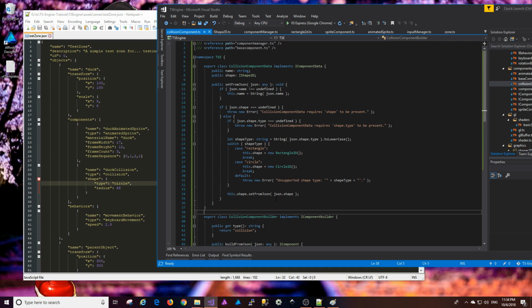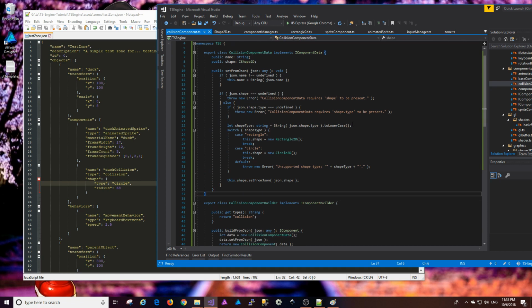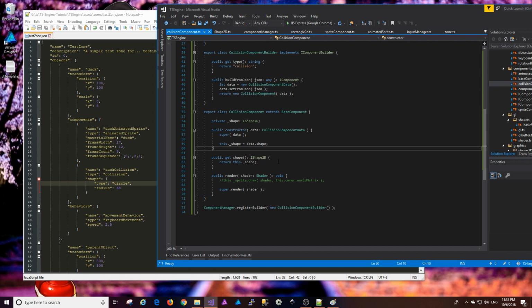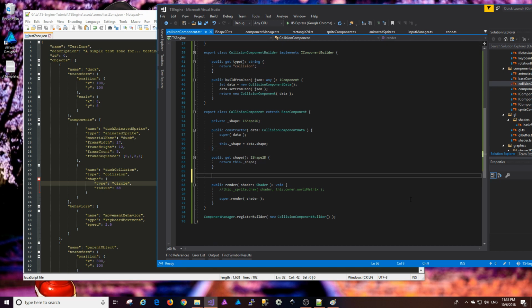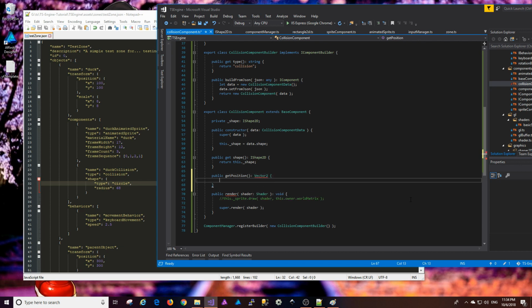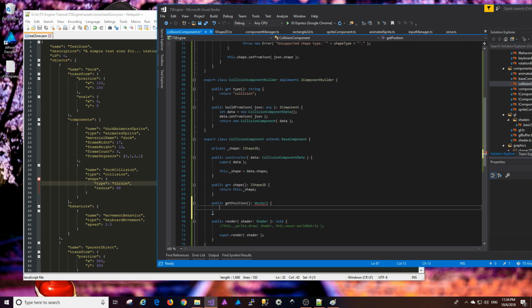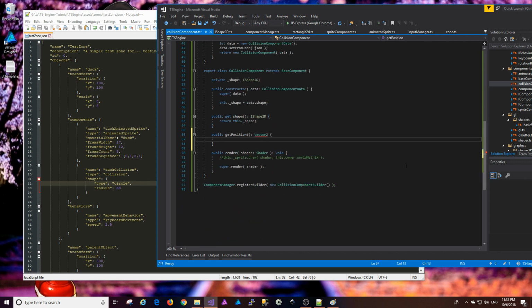So in order to do that, in the collision component itself, we're going to create another method. We'll say public get, and we'll call it getPosition for lack of a better term. And this is what should actually be used over the shape's position. So in this case it's going to return, let's have this return a vector 2. We're going to actually have to replace this class when we go to 3D down the road, but for now I'm not going to worry about that. So what I want to do is return this.shape